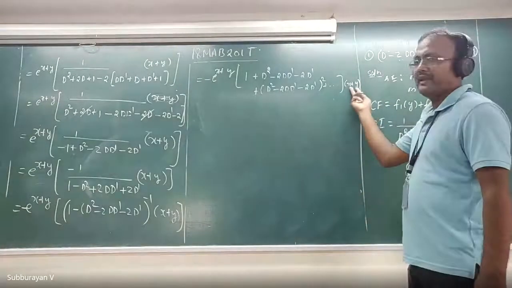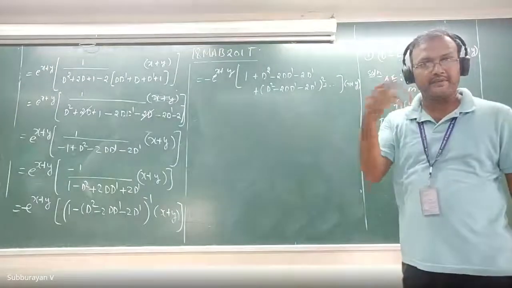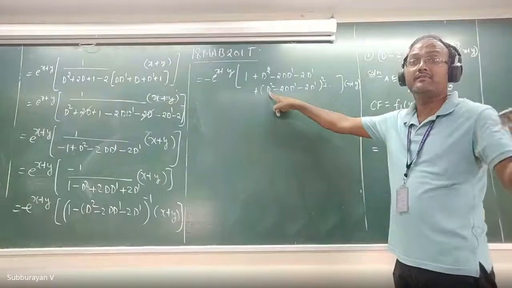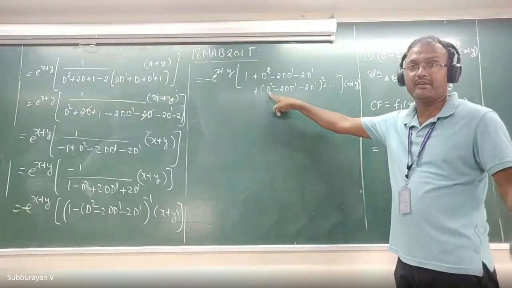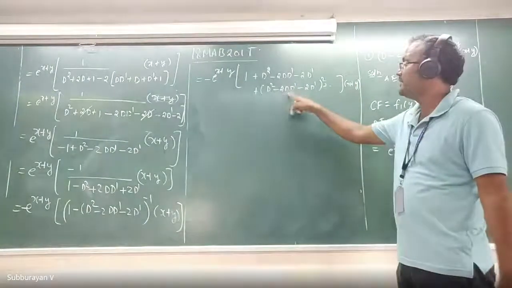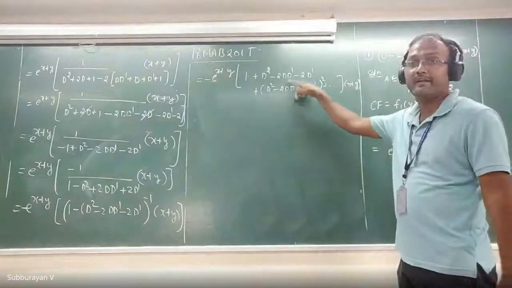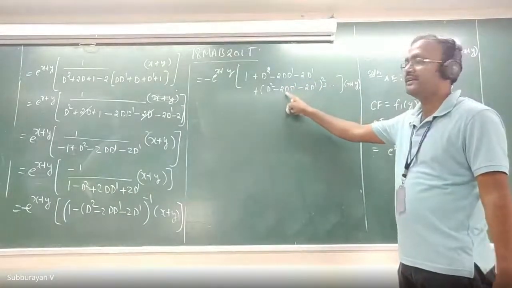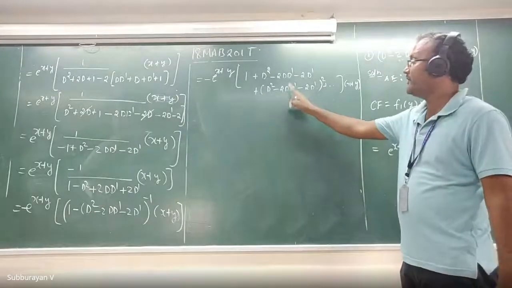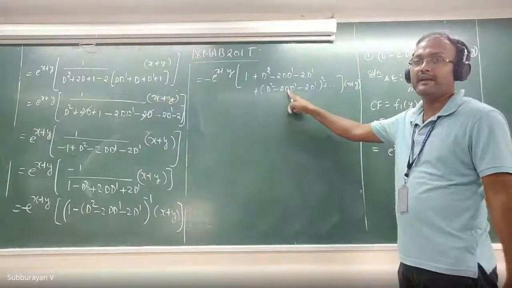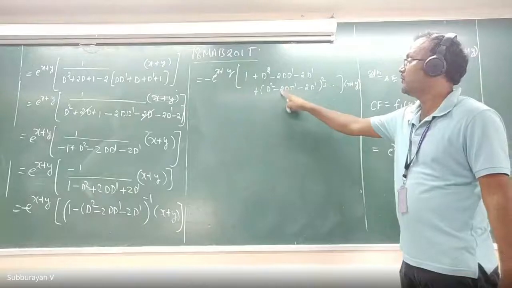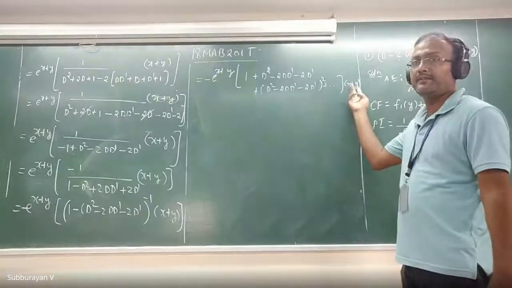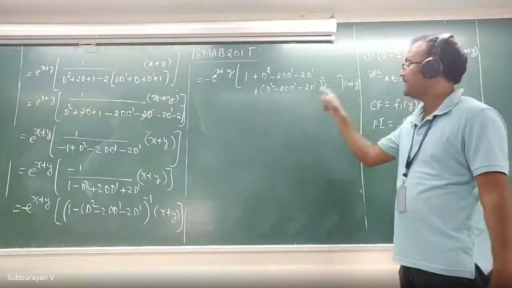It is a polynomial of first degree in both variables x and y. Therefore, if I square this, it will be a fourth order derivative. It won't contribute anything. Here this is a second order. Here already we have second order, right? Therefore, if I square this, then what will I get? Here it will be 4 times D square D prime square. But we have only first degree polynomials, so this will not contribute anything.